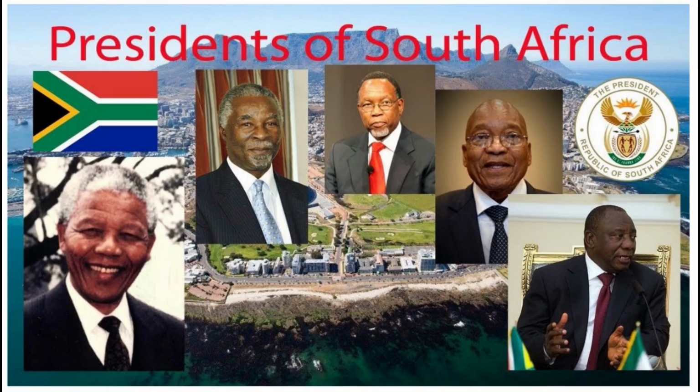The President is elected by the National Assembly, the lower house of Parliament, and is usually the leader of the largest party, which has been the African National Congress since the first multiracial election was held on April 27, 1994. The Constitution limits the President's time in office to two five-year terms. The first president to be elected under the new Constitution was Nelson Mandela. The incumbent is Cyril Ramaphosa, who was elected by the National Assembly on February 15, 2018 following the resignation of